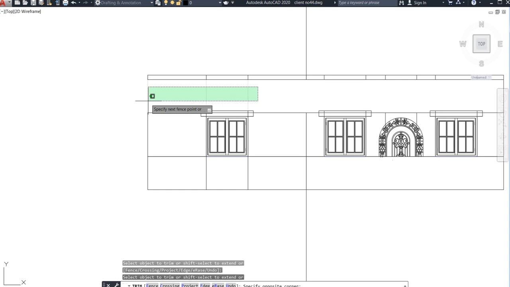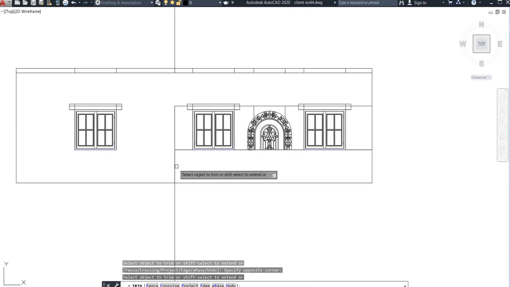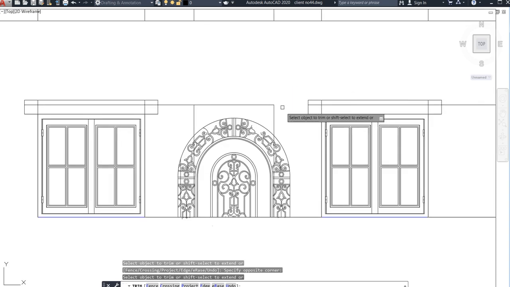This all should be trimmed, because here there is no plinth level. Generally on the first floor, due to some unrelated things, we were using this.